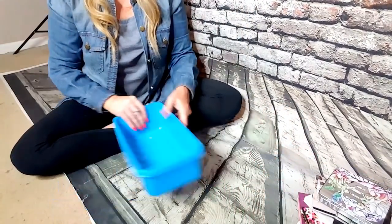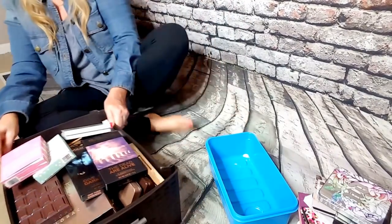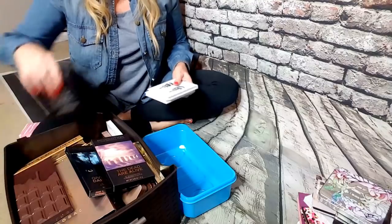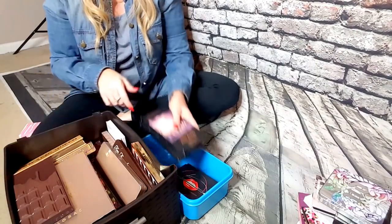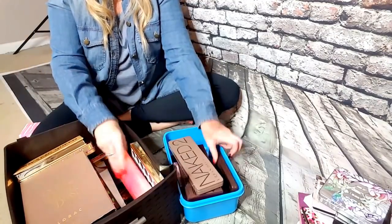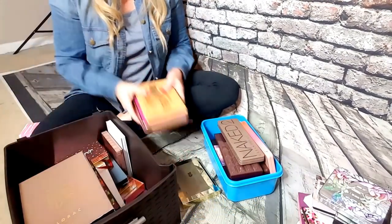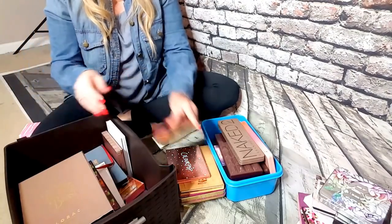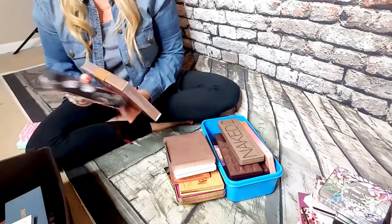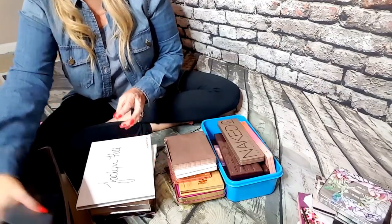And let's go through the ones that I am keeping. Oh my gosh, there's so many. Okay, so 1, 2, 3, 4, 5, 6, 7, 8, 9, 10, 11, 12, 13, 14, 15, 16, 17, 18, 19, 20, 21, 22, 23, 24, 25,